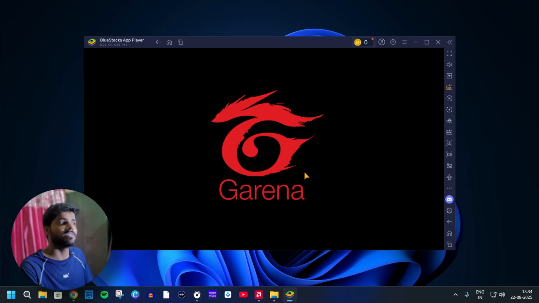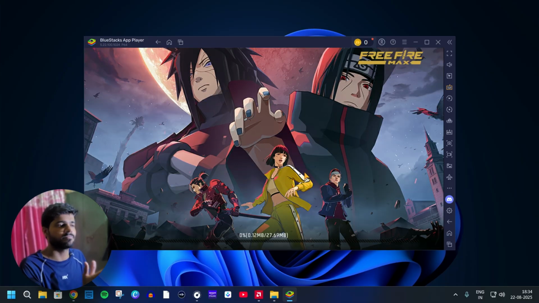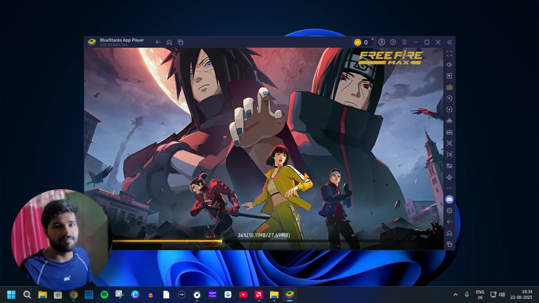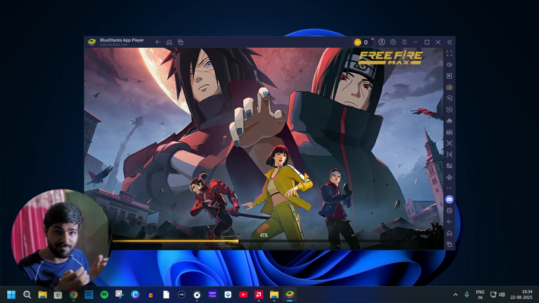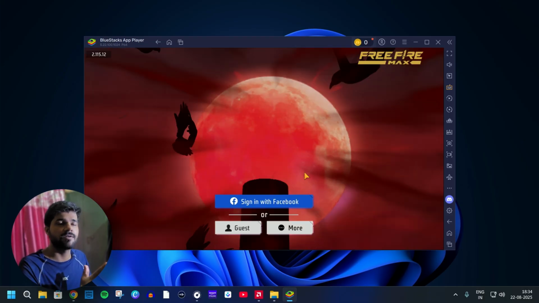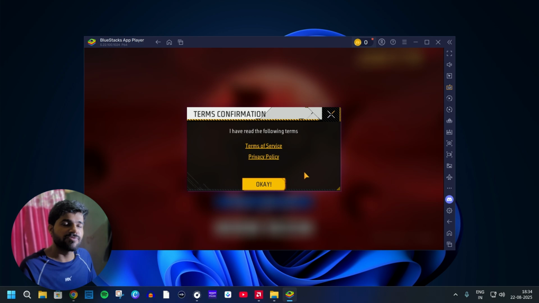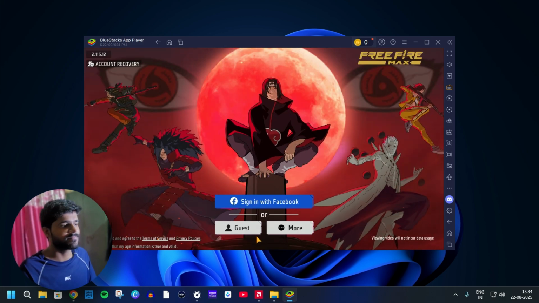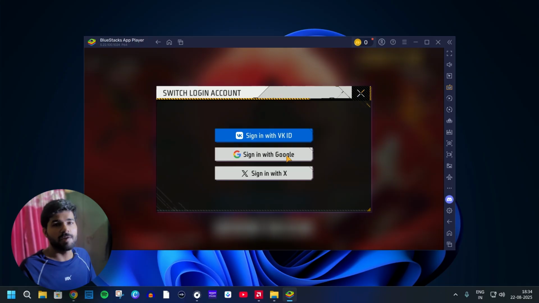Because I have heard about these emulators, they kind of do everything for you. They already by default map your keyboard layout with this game. By default your keyboard is going to support entirely on this game, because as you know, these applications are made for touch interface for mobile users, but when it comes to PC emulation or emulator, they do everything for you. Like BlueStacks, it is one of the most famous Android emulators as of right now available in the market. Let me again just log in with my Google account.